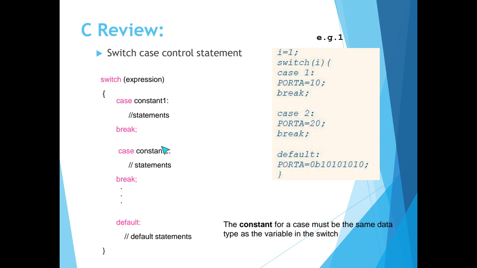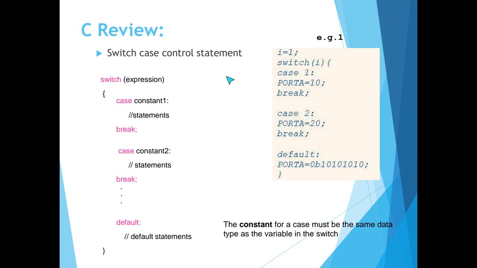Don't forget to use colon here, and then again the body and break, and so on, and default, and the body and the curly braces is enclosed. However, there is an example here. I is equal 1, the variable initialization and the semicolon, switch I,